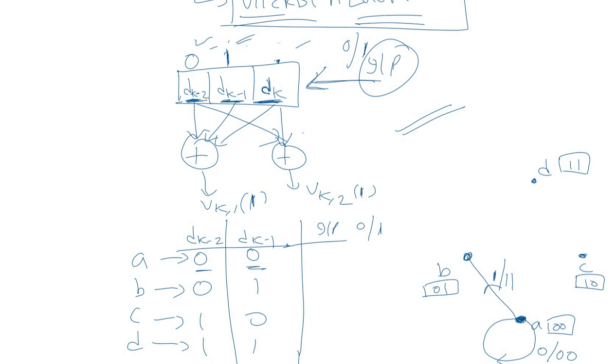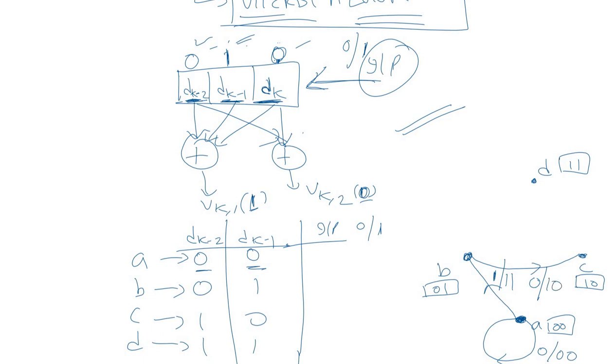Similarly, if we are at state B and the input is 0, we get 0 over here. So we can find that at the output terminals we get 1 and 0. This is 1 and this is 0. And we'll see that the state transition takes place from B to C. So if the input is 0, the output will be 1 0, and the state transition takes place from B to C.